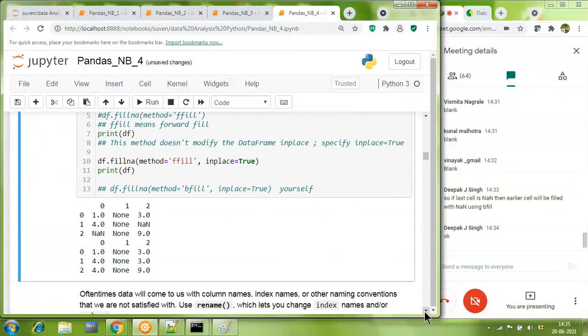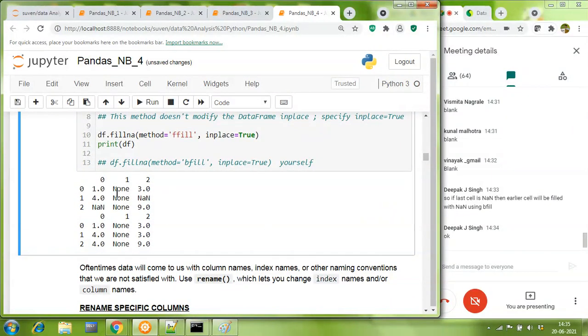Have a look, Deepak. So originally the value was none. Again, you will be wondering why it has not got converted to NaN. Okay, I'll come to it. But let's get one thing clear. So the whole column is NaN or whole column is none. So nothing is there to fill, neither forward fill nor backward fill. And therefore the whole column still remains none.